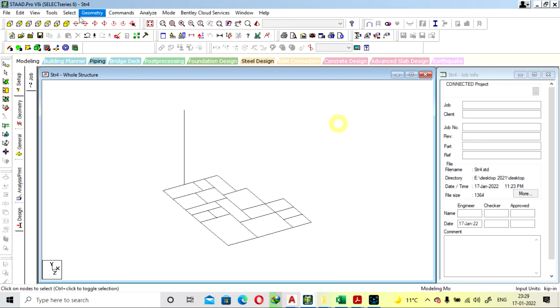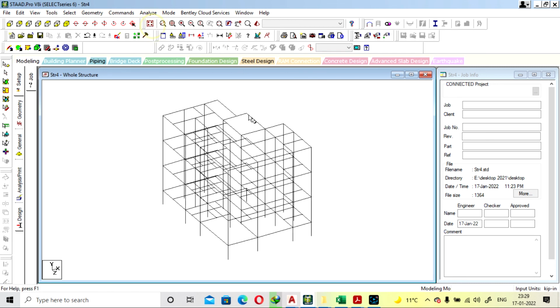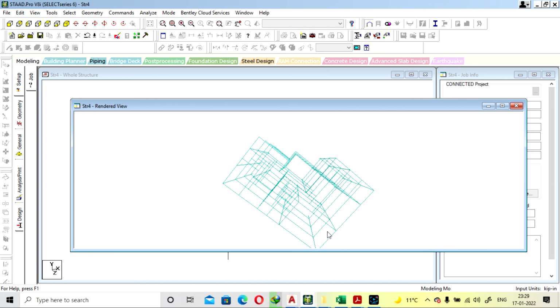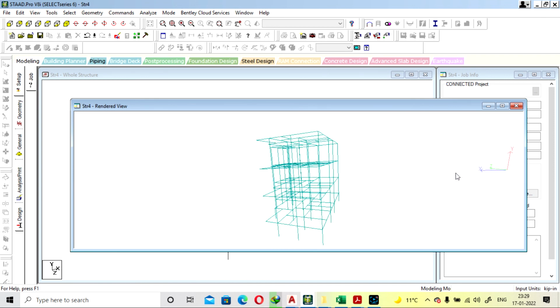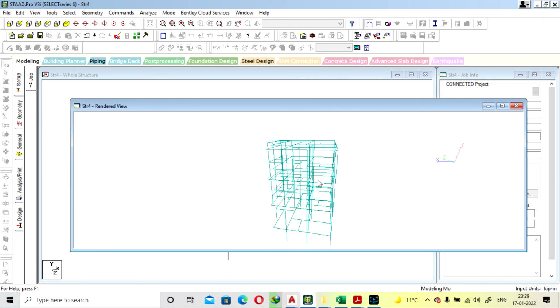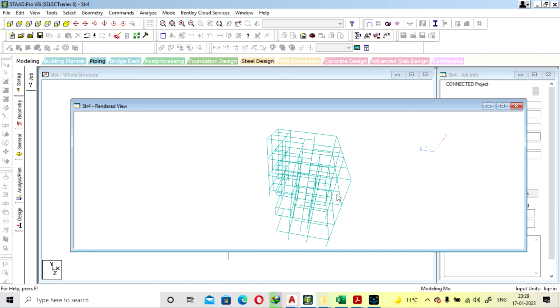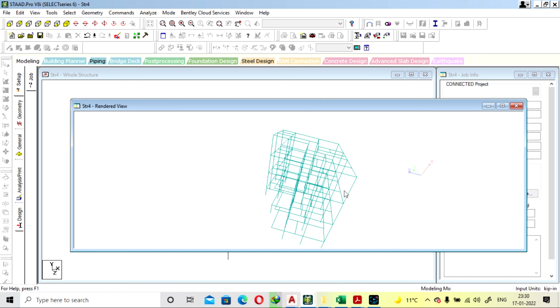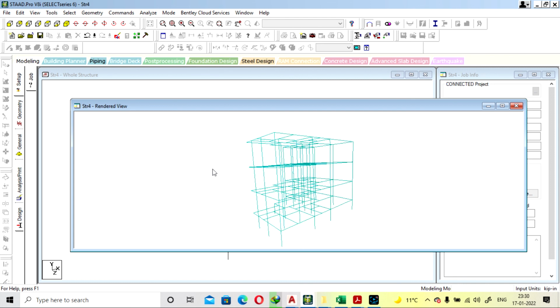So now every beam is created, and our frame is created here.